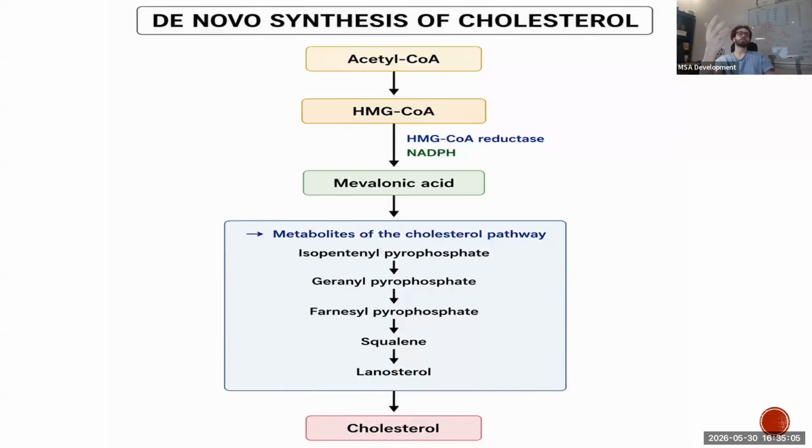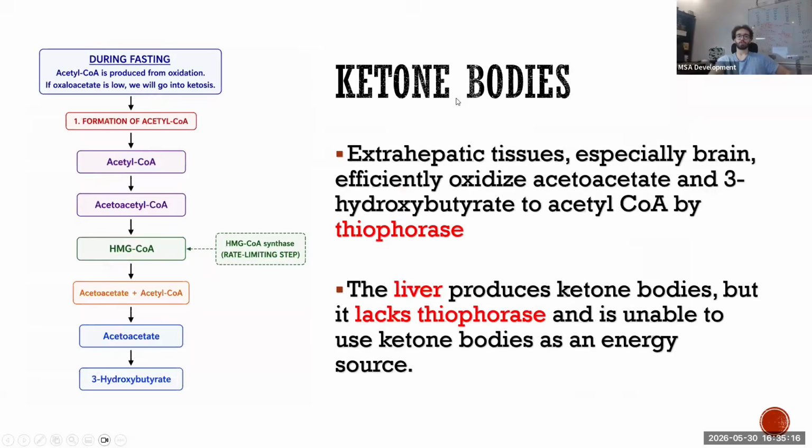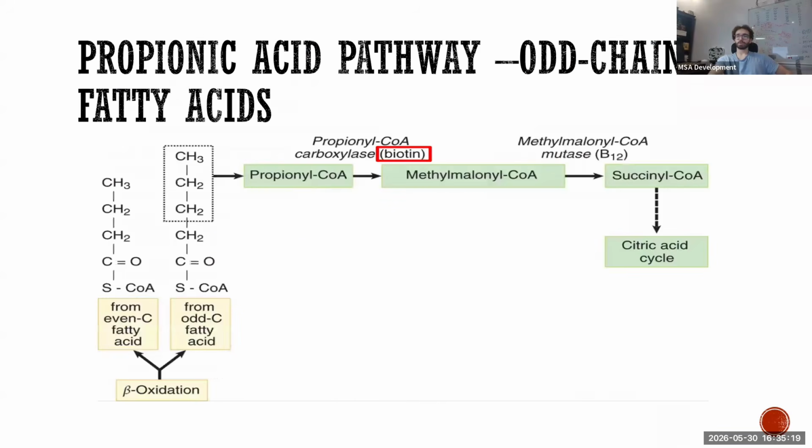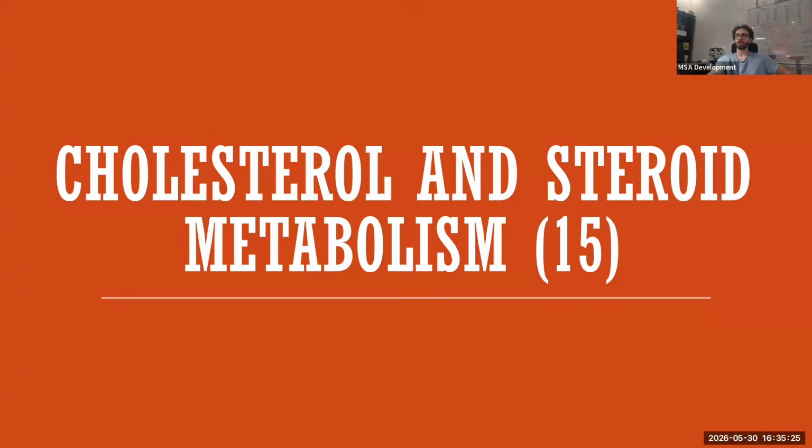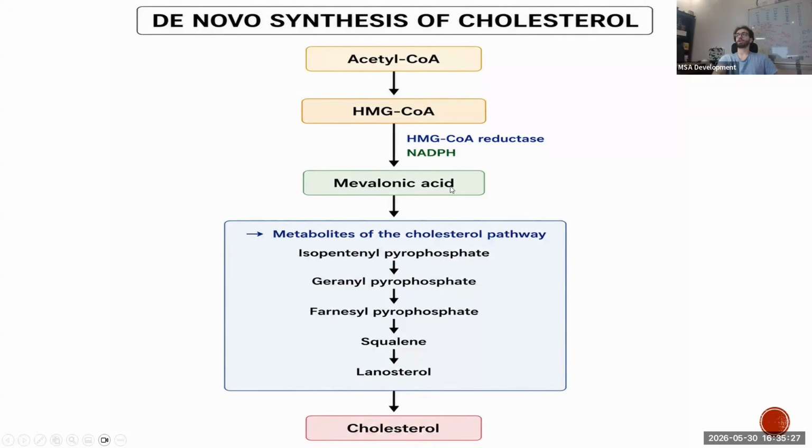Well, how do we make cholesterol? The first two steps are the same as in ketone body synthesis. Acetyl-CoA, HMG-CoA, by HMG-CoA synthase. But if we go back to ketones, here, instead of going from HMG-CoA to the ketones, now we are going from HMG-CoA to something called mevalonic acid. And how do we make mevalonic acid? Through the enzyme HMG-CoA reductase. Very important enzyme. This is the regulated, rate-limiting, committed, most important enzyme in the cholesterol synthesis pathway. Okay? HMG-CoA reductase. It will give us mevalonic acid.